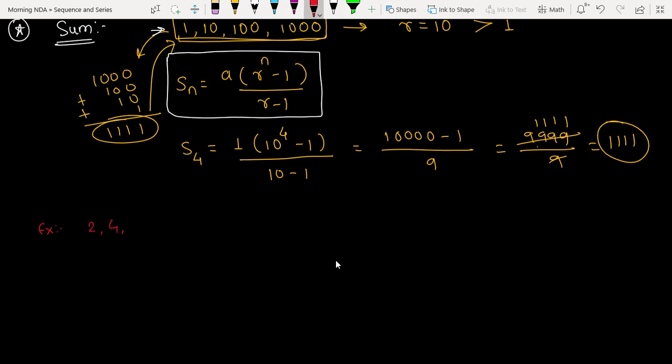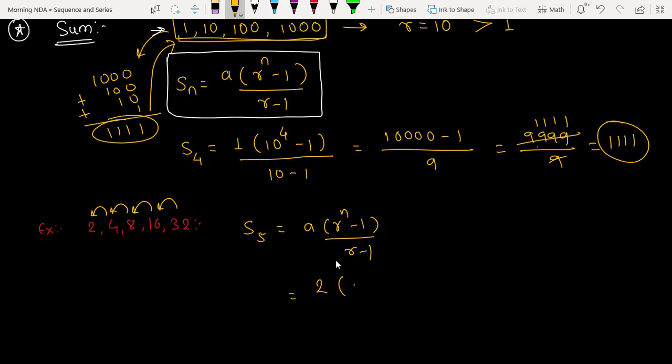2, 4, 8, 16, 32. What is the addition of first 5 terms of this GP? S5 is equals to how much? I will write the first formula: a r to the power n minus 1 upon r minus 1, which is equals to 2 into, what is r in this case? R is 2. 2 to the power 5 minus 1 upon 2 minus 1, which is nothing but 2 into 2 to the power 5, which is 32. 32 minus 1 is 31 upon